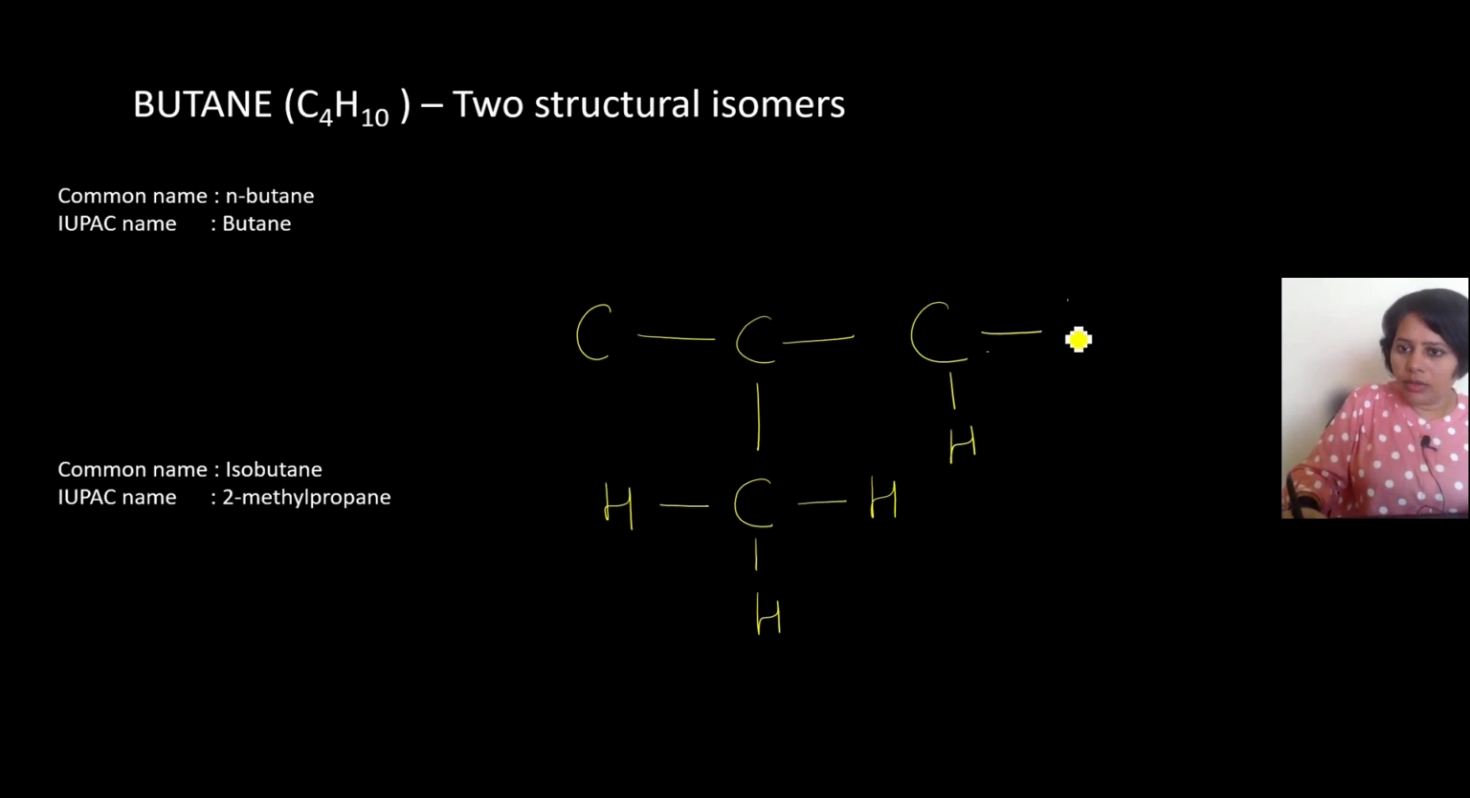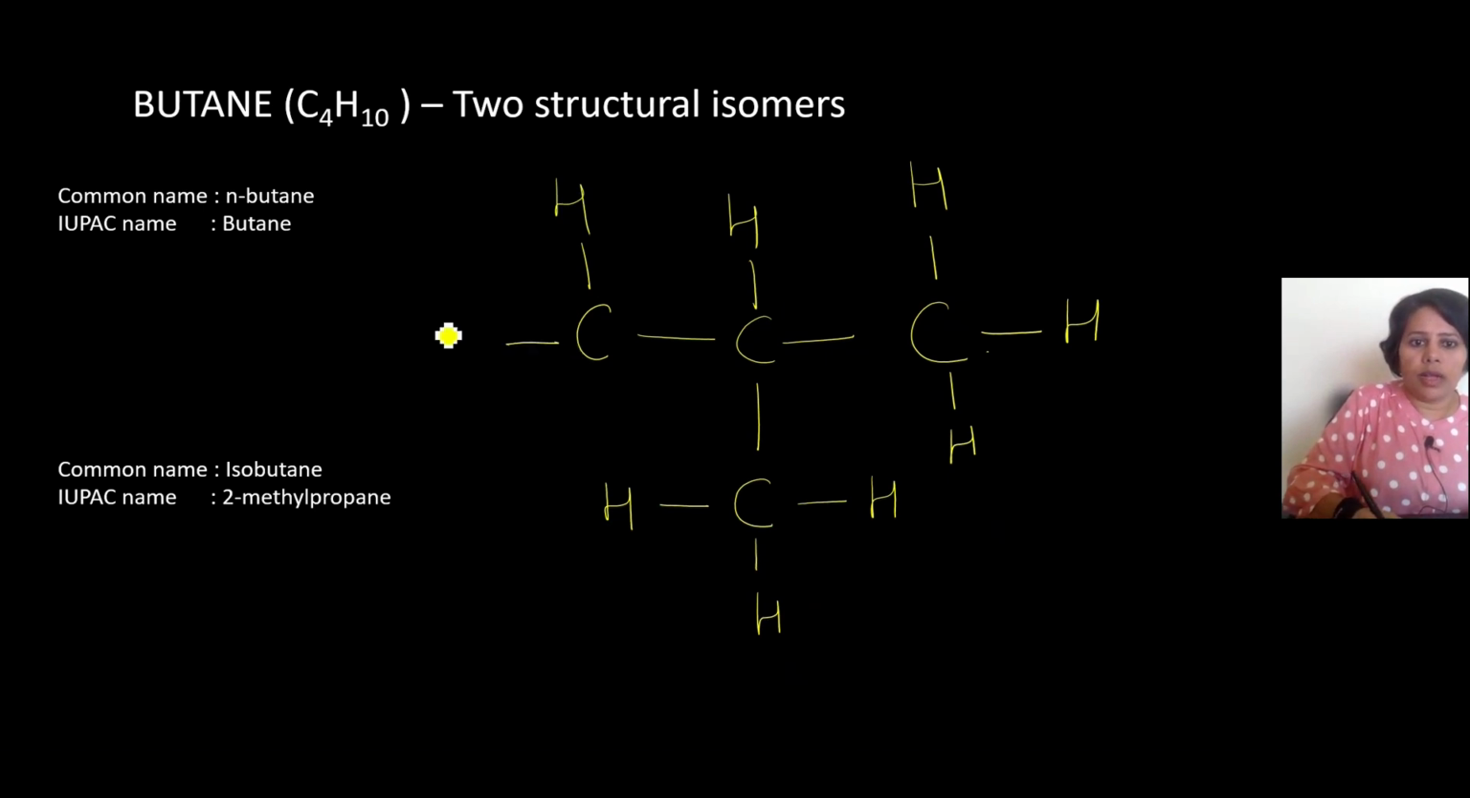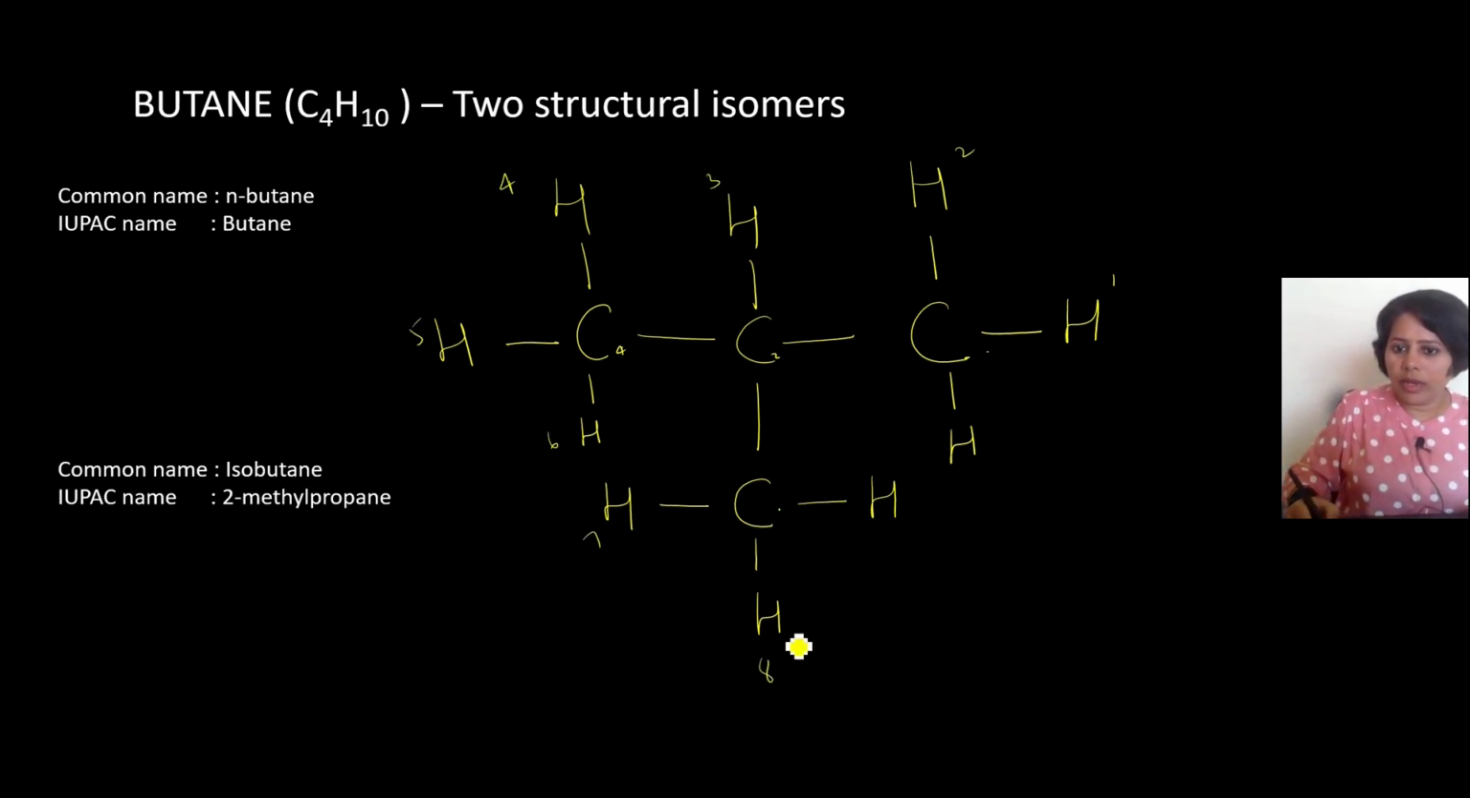Hydrogen here, hydrogen, hydrogen. Now count how many carbon atoms: 1, 2, 3, 4 carbon. Hydrogen: 1, 2, 3, 4, 5, 6, 7, 8, 9, 10. So the molecular formula is the same, C4H10, but there is a difference in the structure, a difference in the arrangement of